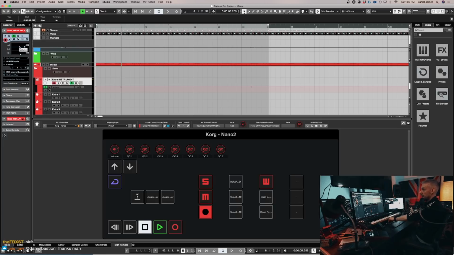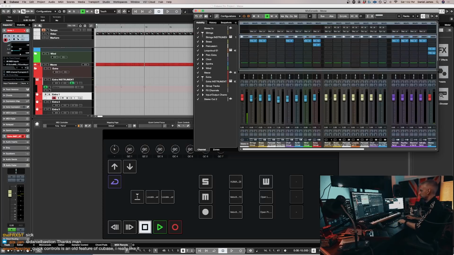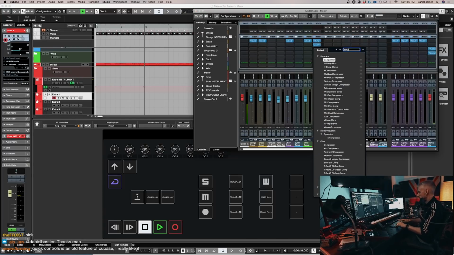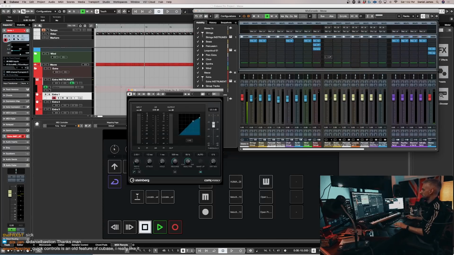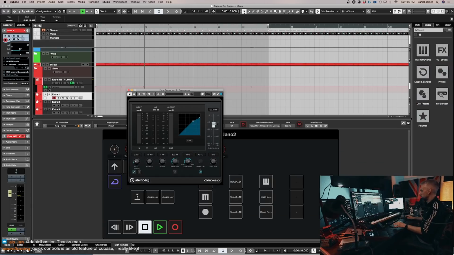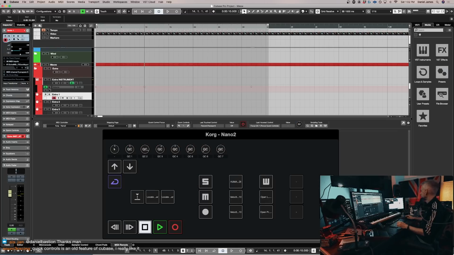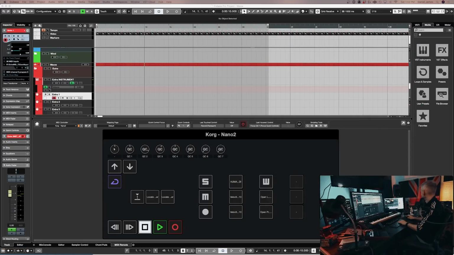And the other cool thing about this is it can be integrated directly with plugins, but plugins have to add it. But if you have something like their compressor, if you have Steinberg's things, then the controls will go. So you can change your ratio, your attack, your threshold, but not every plugin will support it. So if I just do that again, I'm just going to put my window over the other side now. So if I put it over here,